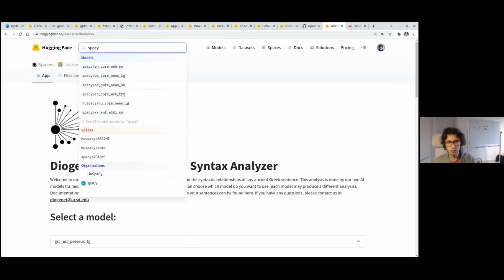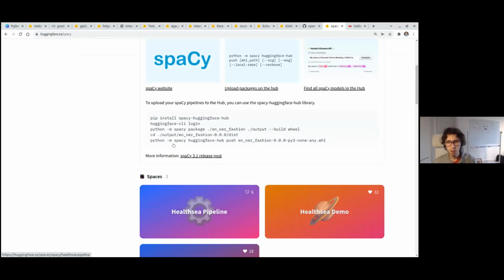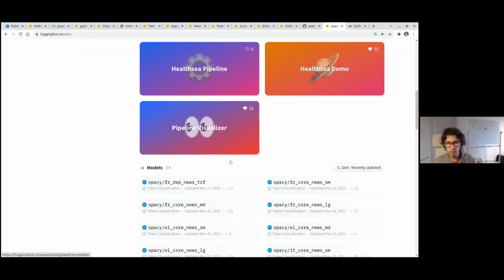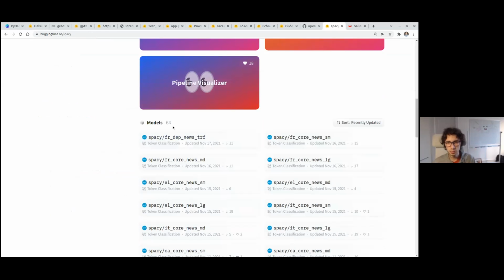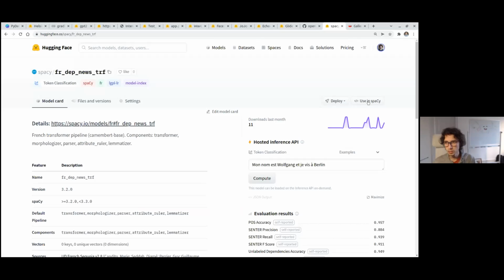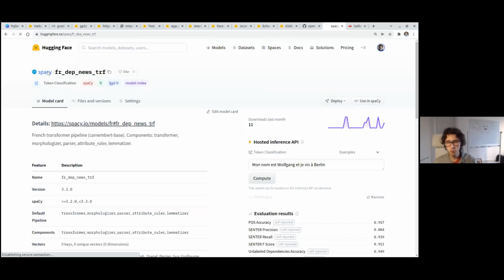In the case of Spacy, very nice. They have the canonical, official models. They have one nice script that allows you to push models directly to the hub. So that's very nice. And they share 64 official models here. And as a user, I can just click here using Spacy, and I just need to copy paste this, and I already have the model directly on my own computer.